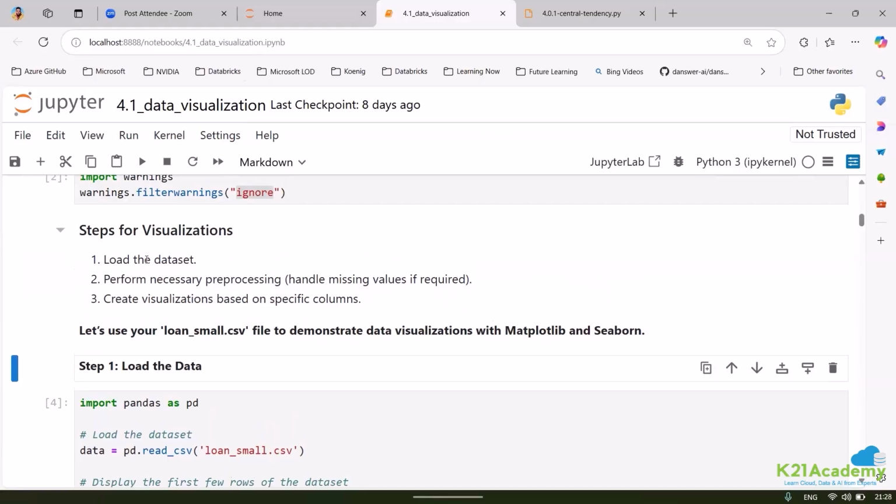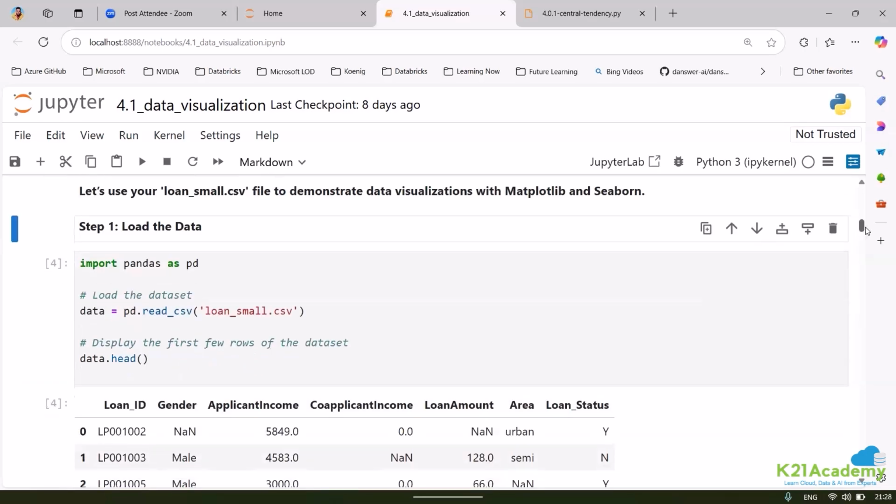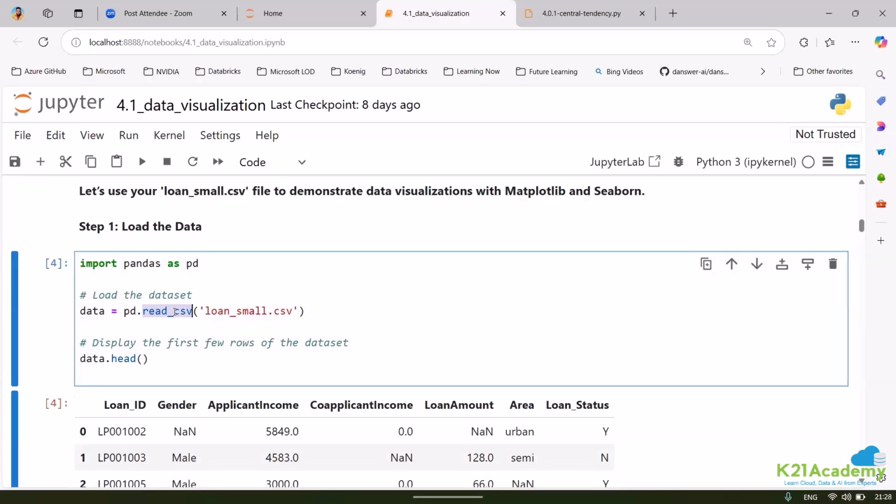Now, first thing is we need to load the data set. So here, if I scroll down, you can see that we can load a data set. If you want to load a TSV file, you can use read underscore TSV. If you want to read a CSV file, you can use read underscore CSV. Similarly, you can read an Excel file also. So first you import pandas with an alias, which is used to read the file. I want to read the file, and after reading the file, if I want to show the first five values,